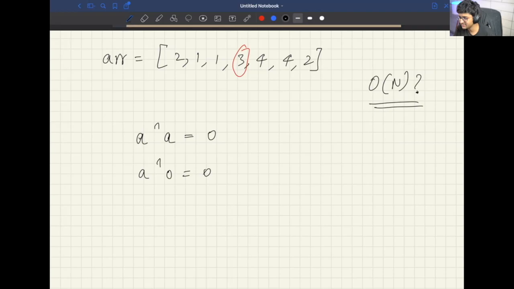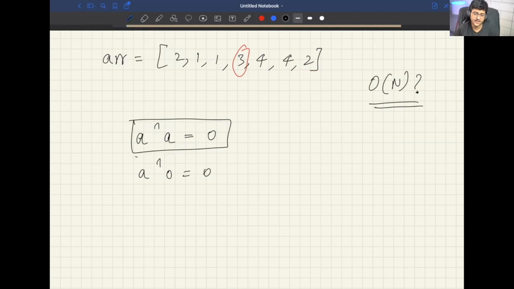Would you like to share? Anyone? So what you can do is have a value that starts as 0, and then for each value in the array, you XOR the value you're storing by that number. And what ends up happening is that if you XOR a number twice by the same number, you end up switching it back to 0, like it cancels out. So if you loop through the whole thing, XORing the accumulator by each number, whatever you're left with will be something that appears an odd number of times.